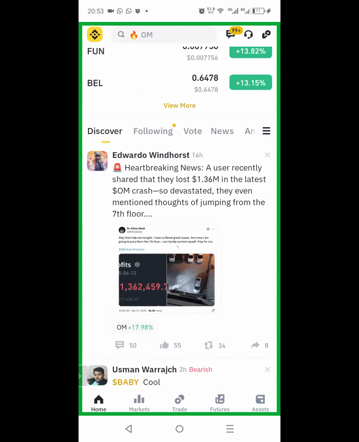Okay. So now we want to trade a coin. First thing, consider the market cap ranking of that coin. Is it from top 1 to top 50 or not? If it is not, it's better you don't go for that coin at all. Don't go for the coin.